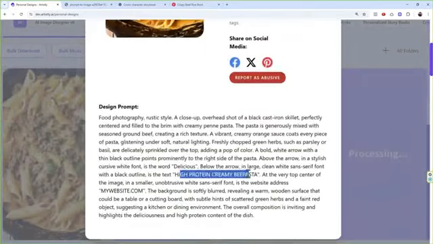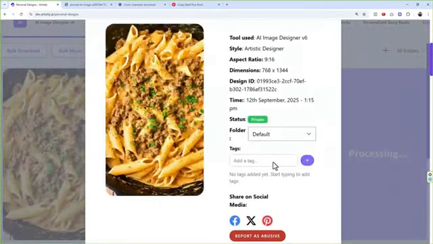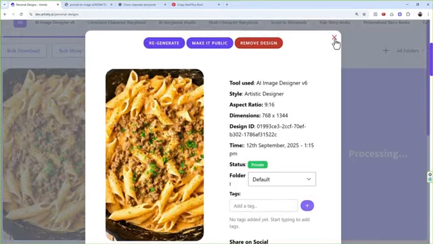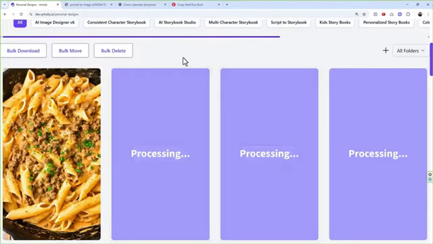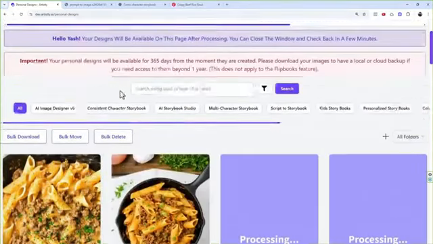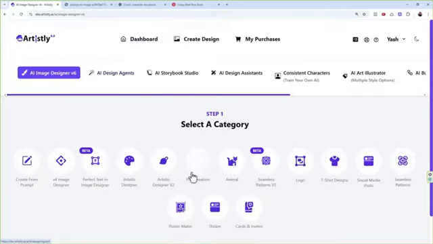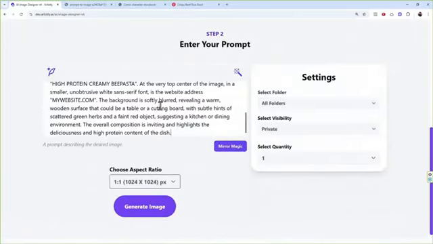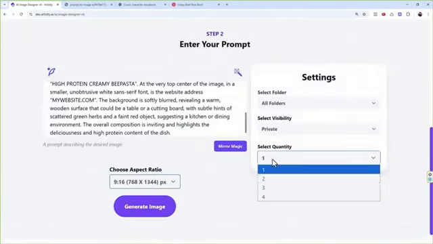With Artistic Designer V1, that's the limitation: it does not take the text properly. That's why we had the V2, which is artistic as well and takes the text part of it. This is version 1. Now let's do it with version 2. You're going to see, right? So in Artistly itself, and a lot of you